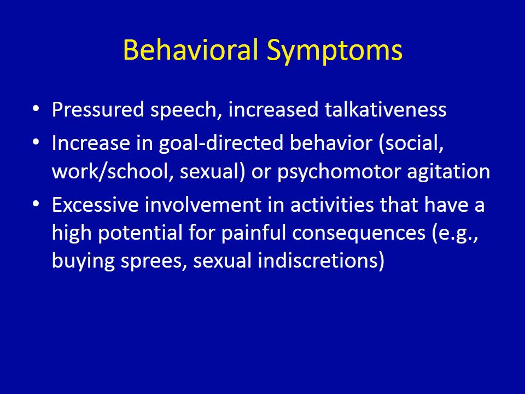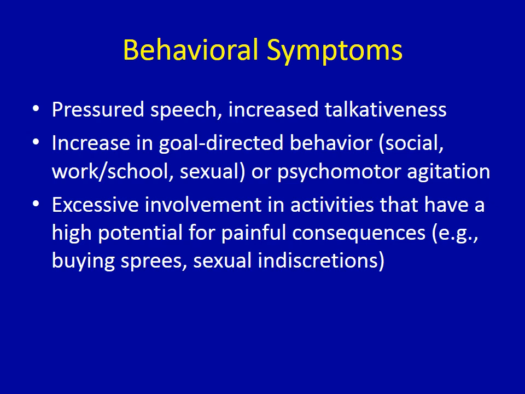They might be using substances in a way that's not typical for them, so increasing their drinking behavior or their substance use to a point that they're putting themselves at risk. They might be driving or going to work under the influence. They might be engaging in sexual behavior that's uncharacteristic for them, that's putting them at potential for risk. So for example, meeting new partners in unsafe ways, engaging in sexual activities that have the potential to be physically harmful in ways that are not characteristic for an individual. So engaging in activities that might have potentially harmful consequences and not potentially considering the risks of those behaviors.